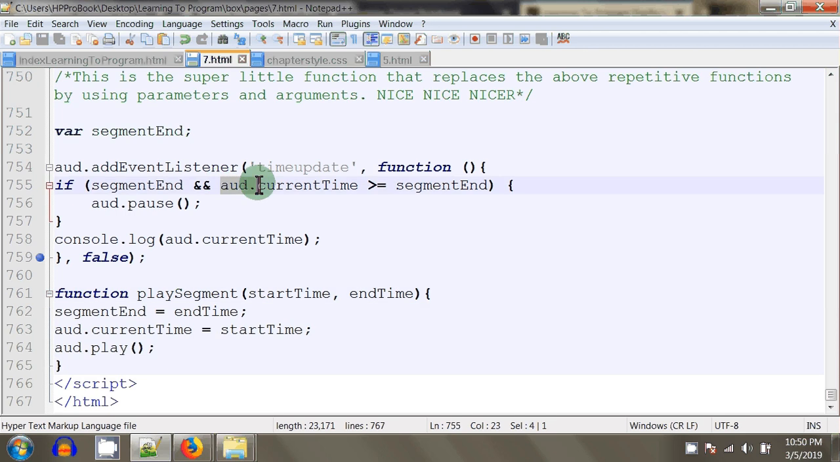It is: if segment end and odd dot current time is greater than or equal to segment end. So we come up with a value for segment end, and when we get to the end, when both segment end exists and the current time is greater than or equal to whatever the segment end is, it will pause the audio. If this is false, it will skip this part and go to console log, and in parentheses odd dot current